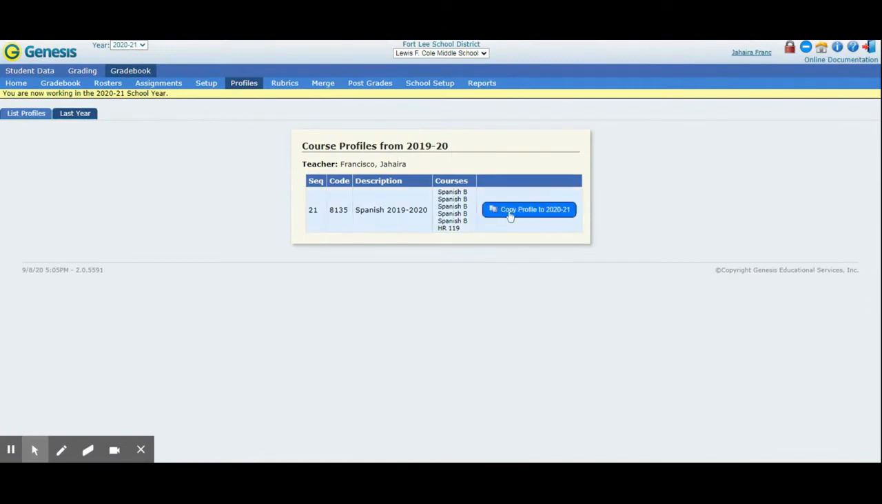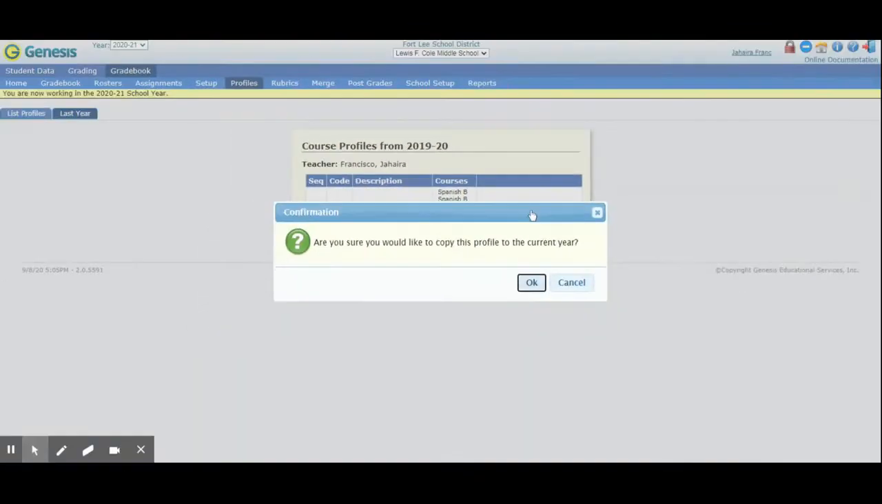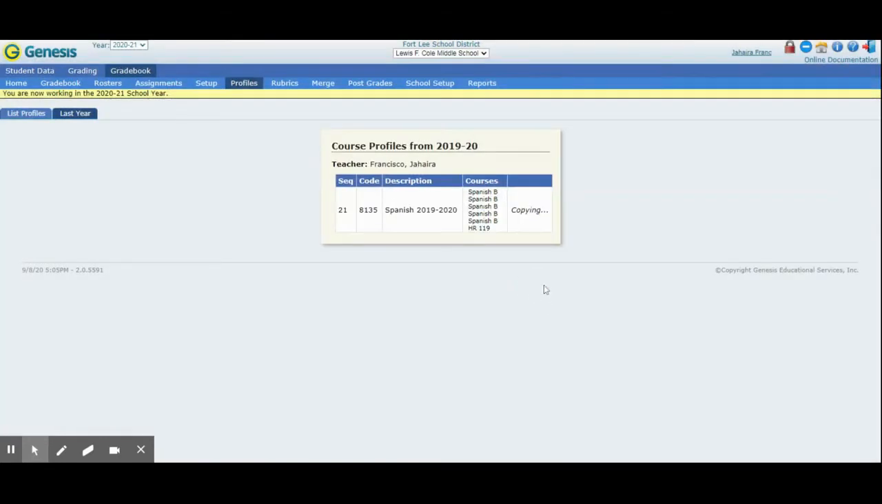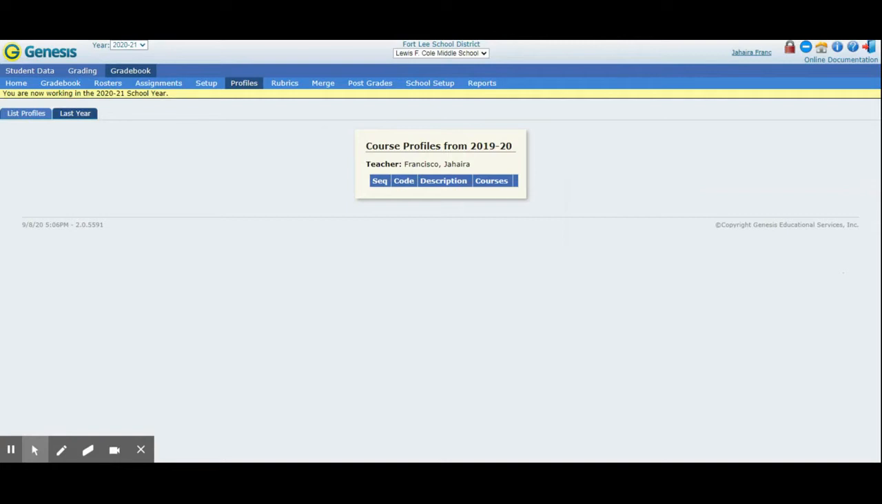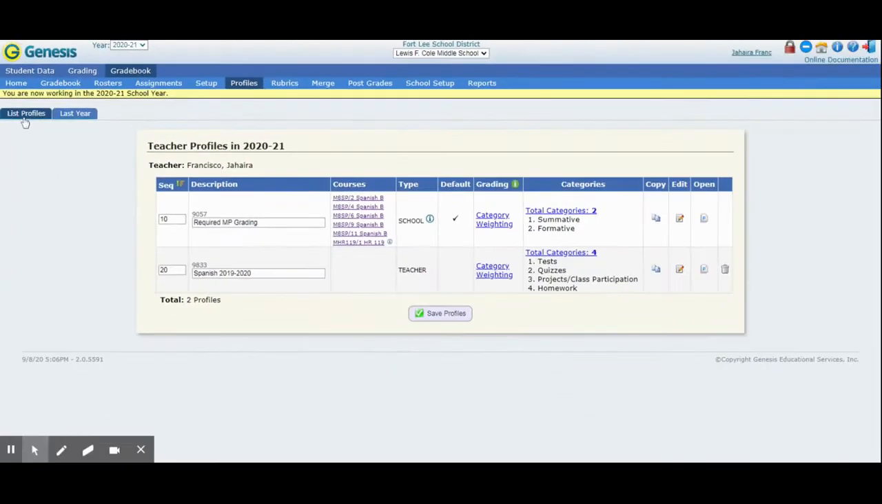2019-2020. And you're going to come right here and copy profile by clicking right here to your 2020-2021 school year. And it will ask you if you're sure. Click OK. And then give it a moment and it disappears from here. And if you come over here back to this tab to where it says List Profiles and click, now you'll